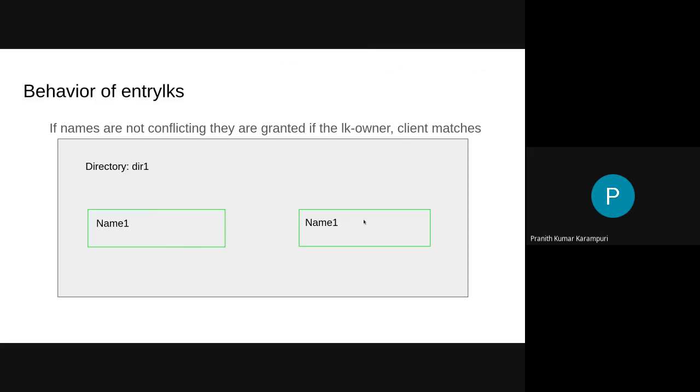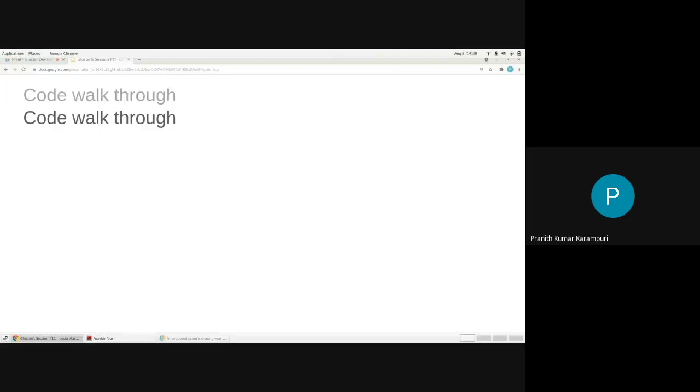Even if the names conflict, they will be granted. This is a peculiarity in both entry LKs and inode LKs, where we have something similar. You are basically letting the client do the correct thing here. All right, so let's go through the code.